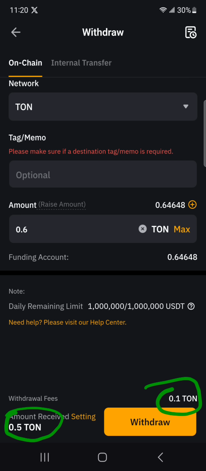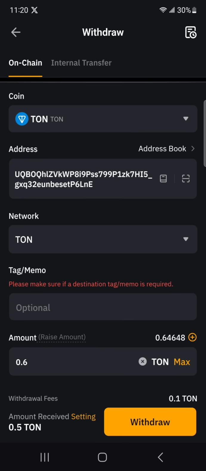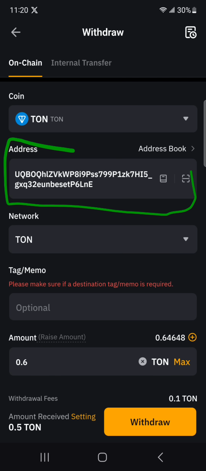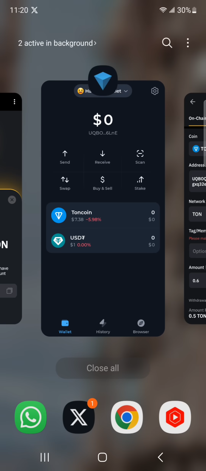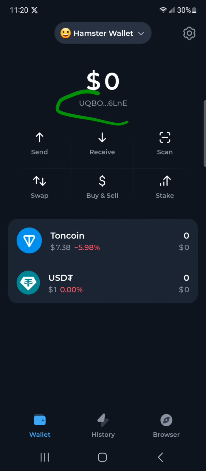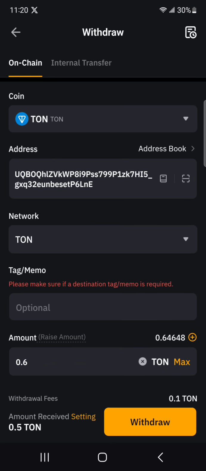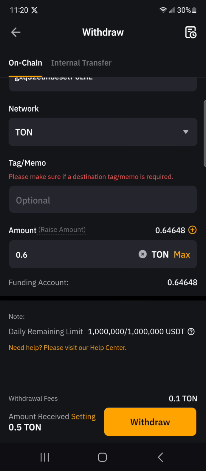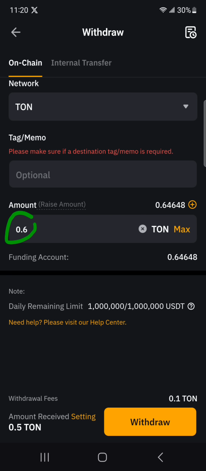So I'll be receiving around $3, which is 0.5 Ton. Remember, we copied the wallet. Make sure you confirm this. Make sure it's the same as this. So that's the address. The network is Ton. We don't have the tag or memo because we are sending to a wallet. And I'm withdrawing this, but after them deducting the withdraw fees, I'll be receiving 0.5 Ton. You click on withdraw,